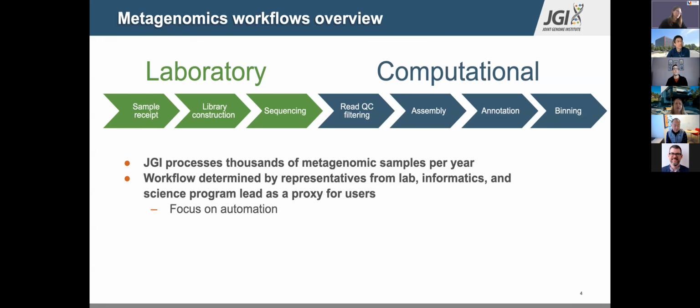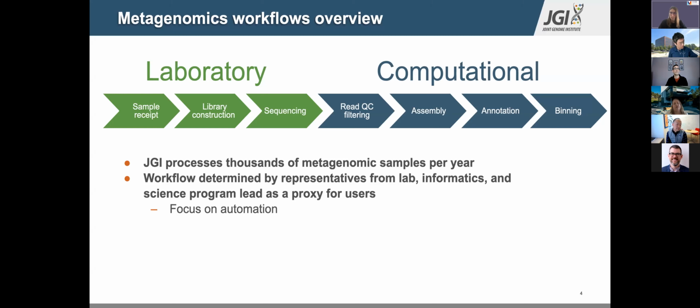So here's an overview of the workflow, and here what's happening in the lab is shown in green, and then computational analysis is shown in blue. So generating metagenome drafts is one of our highest throughput products at the JGI. So we're processing thousands of metagenomic samples per year. The workflow that we ended up with